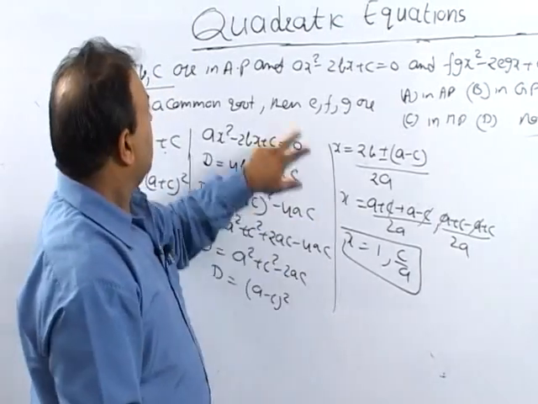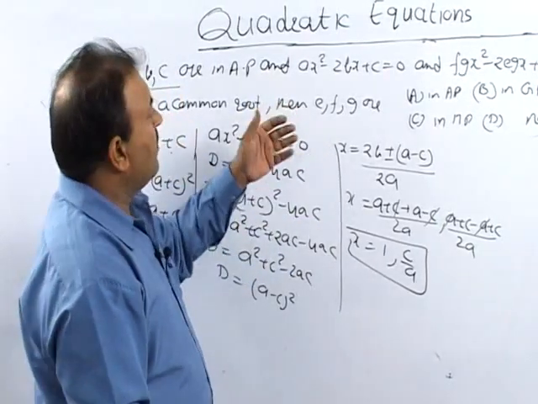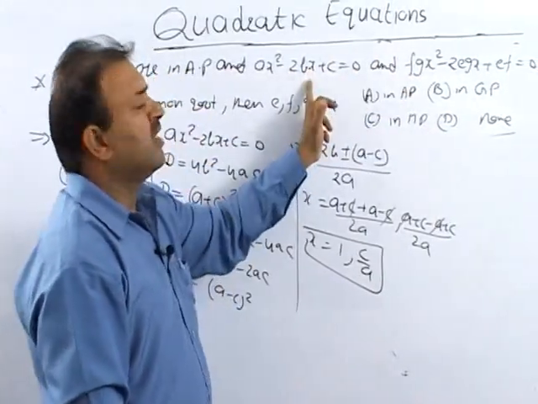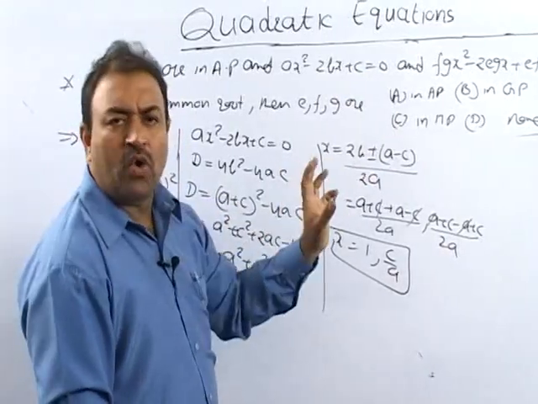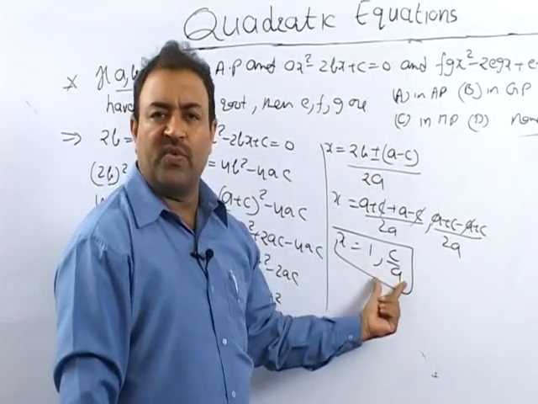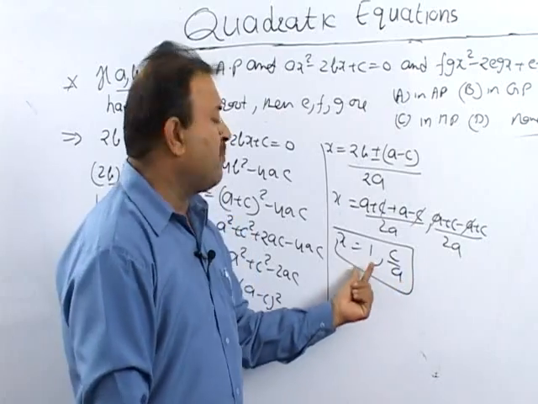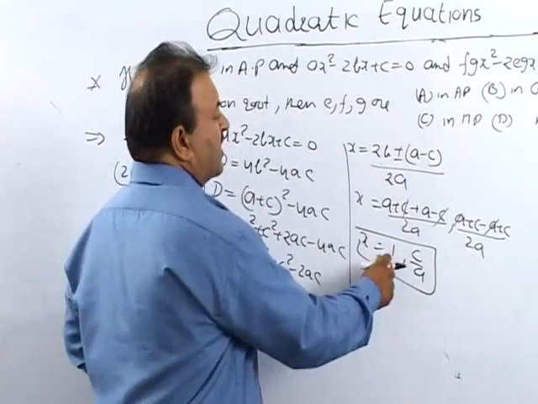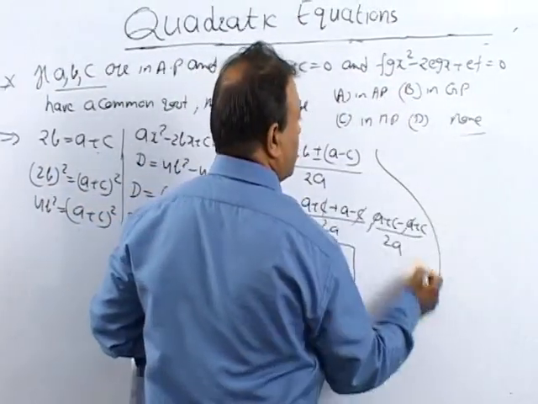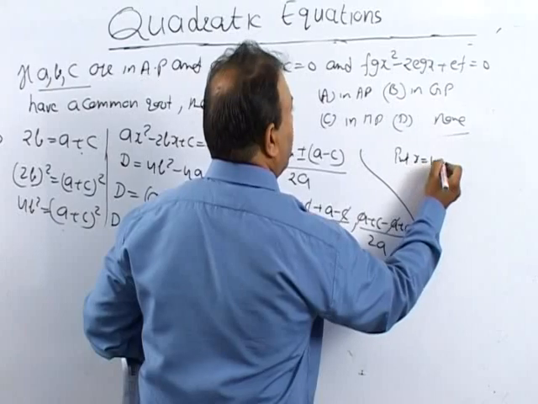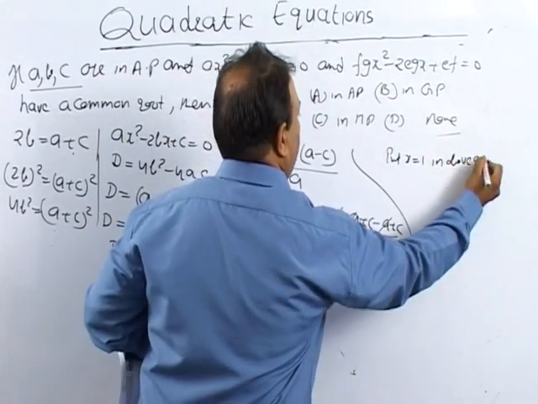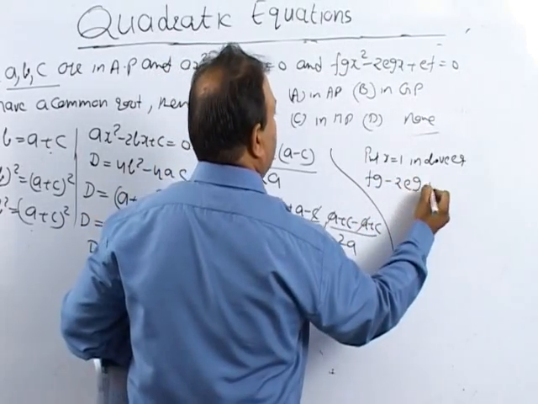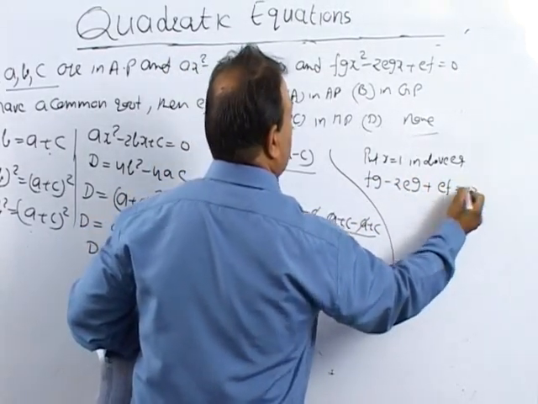That means now we can say one thing, this equation has two roots and one root of this one and this one is common. It means that the common root is either 1 or c over a. The first preference will be, I'll put 1. See, this is an objective question, so my preference will be to put x is equal to 1 in the above equation. In the above equation, I get FG minus 2EG plus EF is equal to 0.